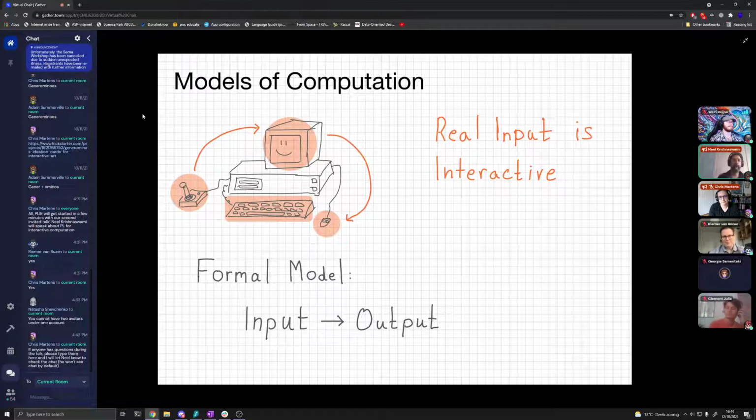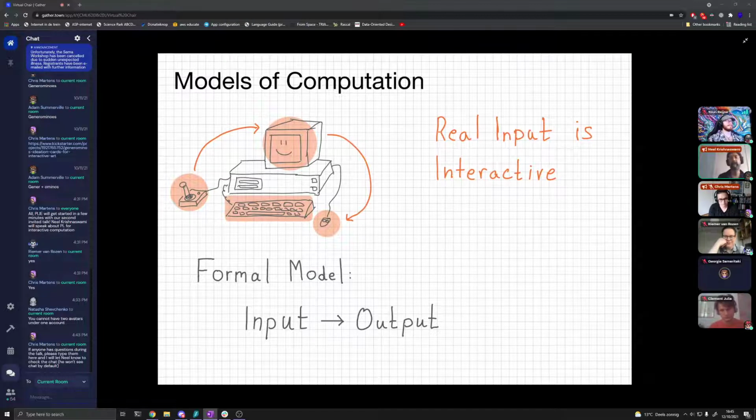So you give the computer a command, it gives you a response, and then you scratch your chin for a minute, or maybe not if it's a video game, you don't have time for that. And then you give the computer a new input. And so there's this cyclic process of feedback where inputs beget outputs, and outputs lead to the computer getting new inputs. And so there's this cycle between input and output.